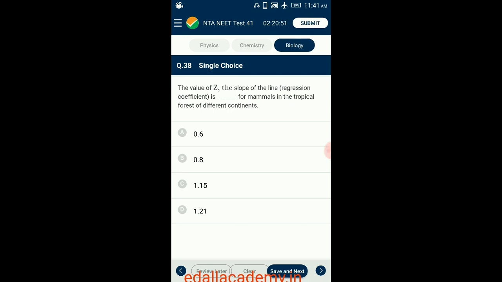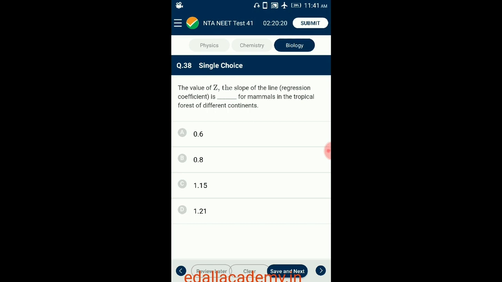The relationship is a straight line described by the equation log S equals log C plus Z log A, where S is species richness, A is area, Z is the slope of the line, that is the regression coefficient, and C is the y intercept. The value of Z lies in the range of 0.1 to 0.2